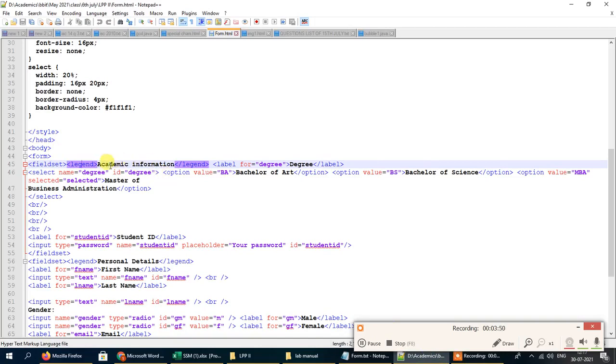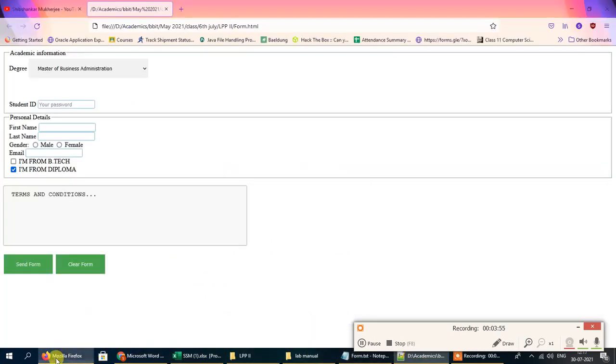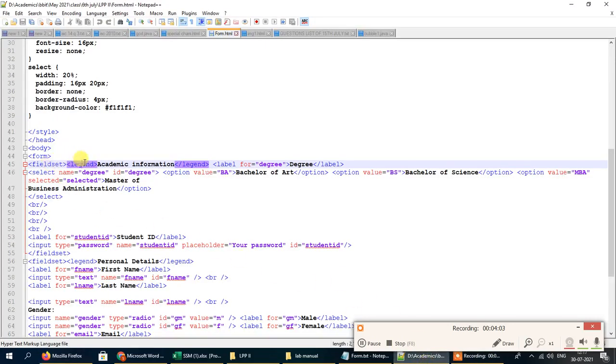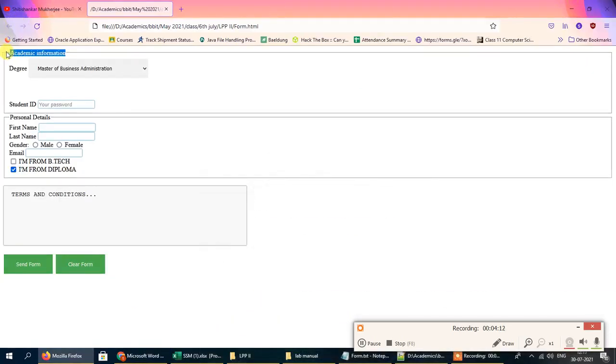The field set command creates the rectangular box, and the legend command creates the caption. So field set creates the box and legend creates the caption. Under this caption we are mentioning academic information. Giving the field set part is optional.